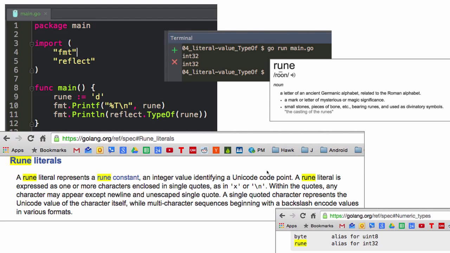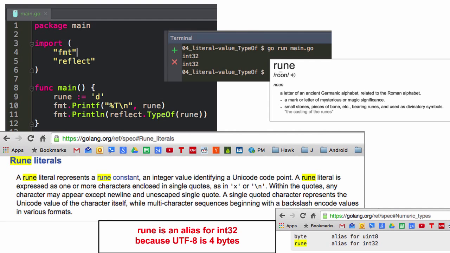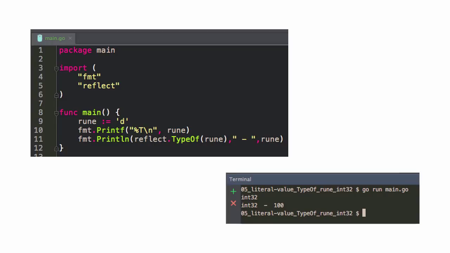So you can look that up, and you can see, hey, whatever this value was, if we printed out the value, we could look that up and see what character it referred to. Rune is an alias for int32 because UTF-8 is 4 bytes. So here we have int32, and I'm printing out the rune, it's printing out 100. So if I looked up 100 in an ASCII table, 100 is a lowercase d.